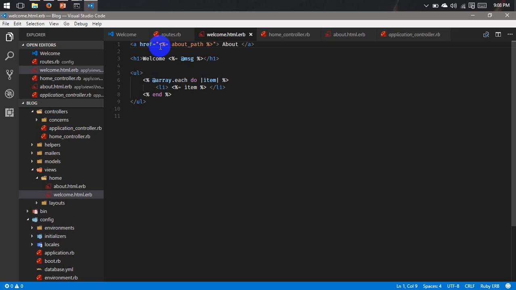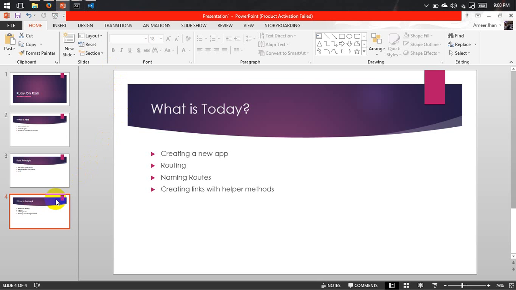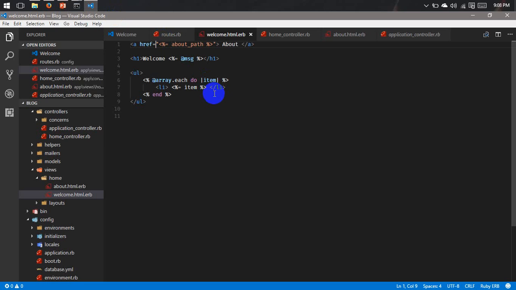That's where something called helper methods come in. That's what we're going to see next. This is called creating links with helper methods. So what is a helper method? A helper method is nothing but a method which you can use in views to create normal HTML elements using Ruby functions. Something like this I'm going to show now is something called a link